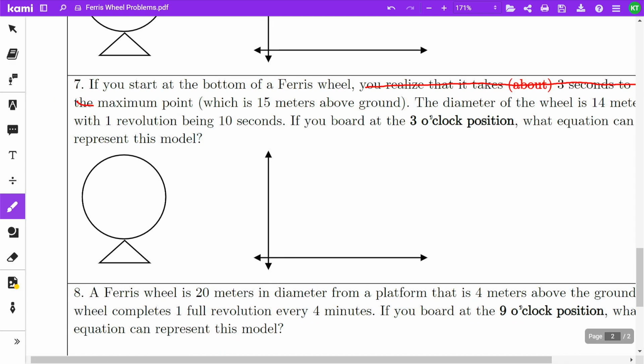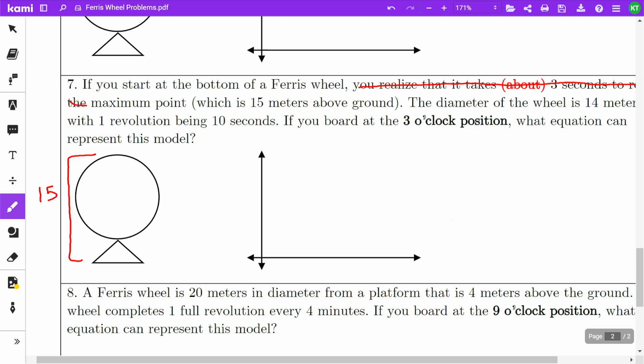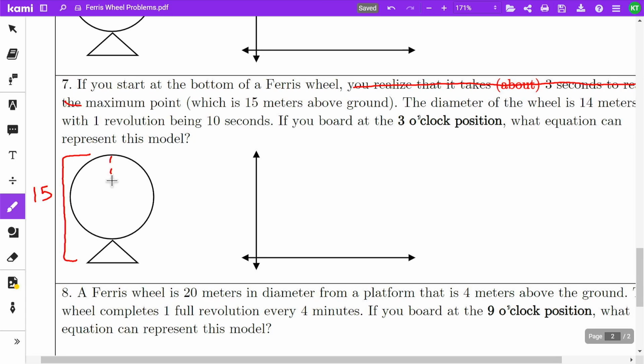Again, my maximum point here this time, label that, is going to be 15. My diameter is 14. So that means it's going to be split into 7 and 7, which means that this platform here is only going to be 1 meter off the ground. And that means from the middle of my Ferris wheel circle itself to the ground is going to be 8 meters off the ground. So let's label these, my lowest point being 1, my middle being 8, and my highest